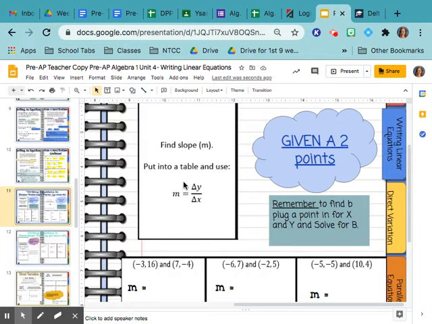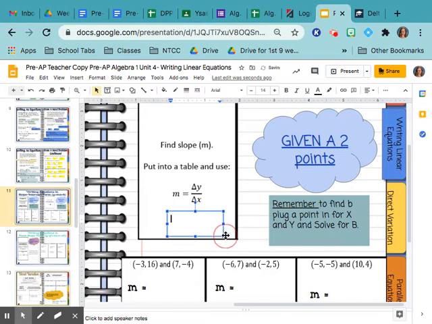So remember what the equation is for finding the slope. So m equals y2 minus y1 over x2